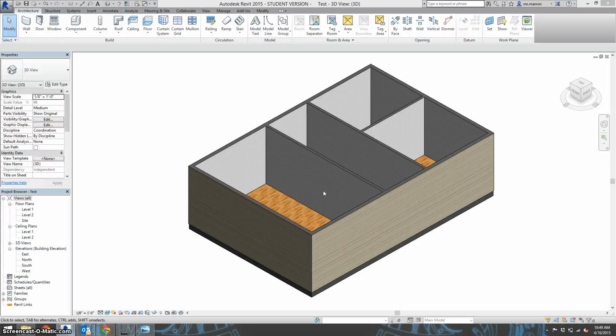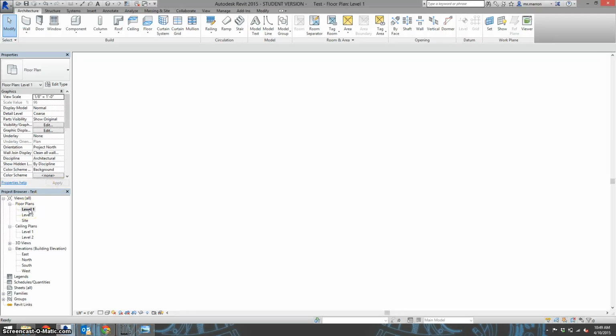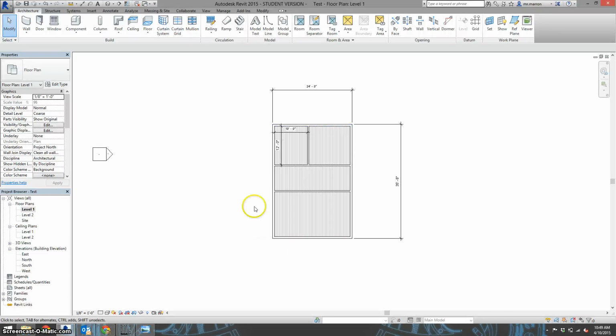Okay, in this video I'm going to show you how to add and position windows and doors. As you can see here, we have our walls constructed and our foundation and floor put in. So now we need to start adding our windows and doors. So first thing we'll do is go back to our level plan, and here we can see everything we have